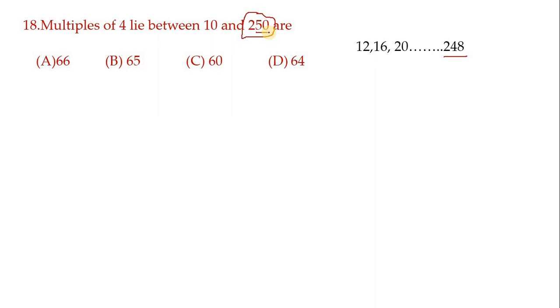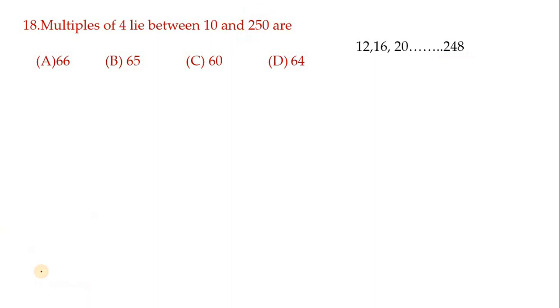You take a number which has 10 digits. You just check only the last two numbers. If the last two numbers are divisible by 4, the whole number is divisible by 4. See here 48, their last two digits. So 48 is divisible by 4, hence 248 is divisible by 4.